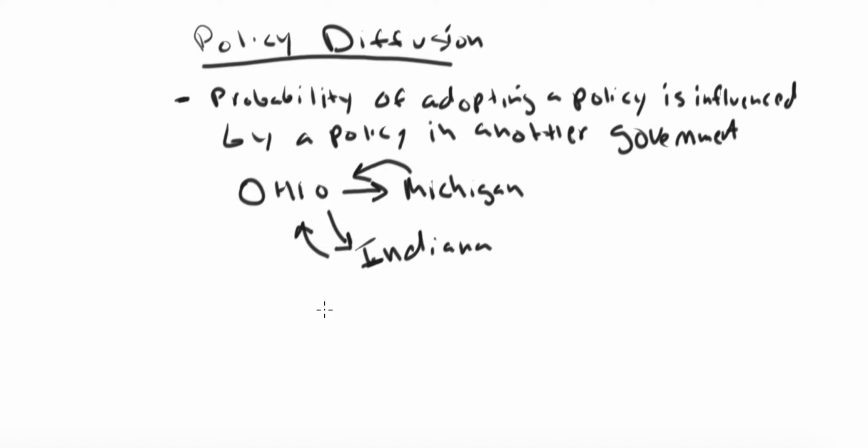I want to talk a little bit about the mechanisms for policy diffusion. So policy innovation is when a state adopts a new policy. Policy diffusion is when a policy spreads from one state to the next, or one county to the next, or city, or country. It could be any level of government. And so when we talk about something diffusing, it's spreading throughout the system. There are mechanisms for how policies diffuse. So let's talk about some of those mechanisms.